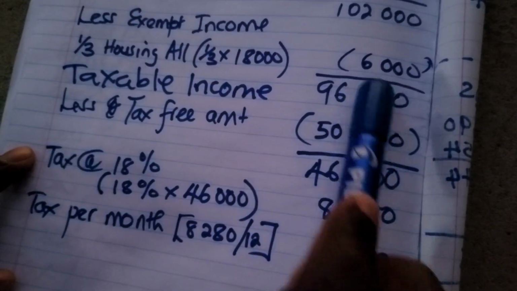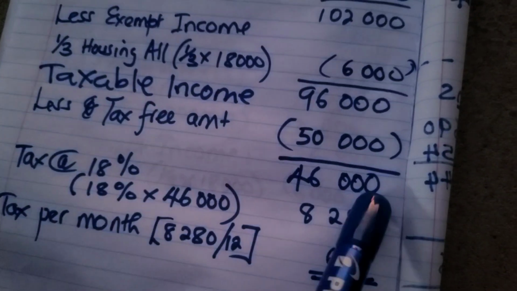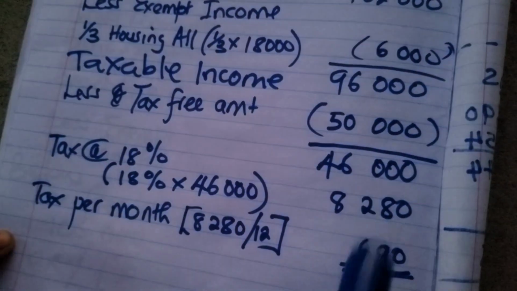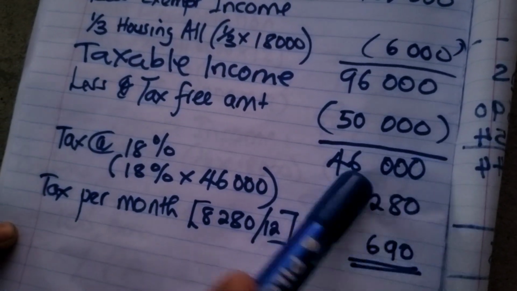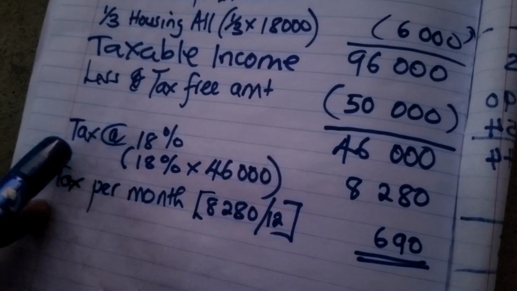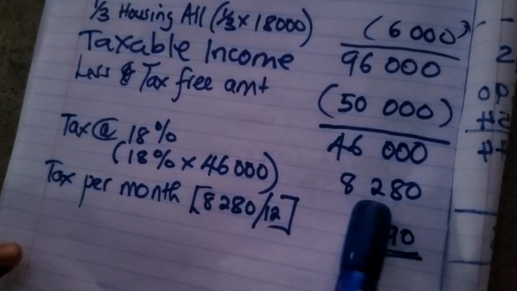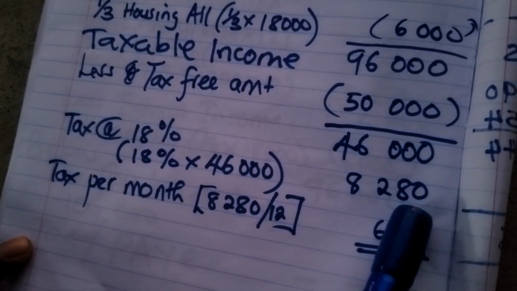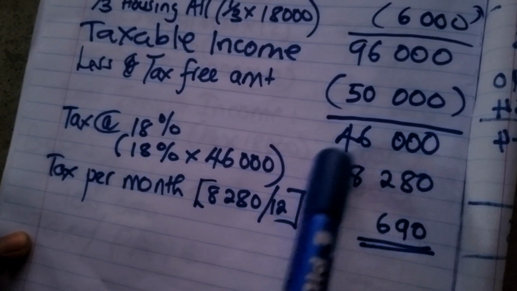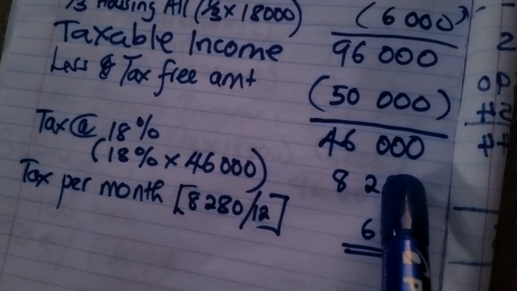So we remove the 50,000 from your 96,000, which is your taxable amount. We get what? 46,000. So it means Comrade Petrus should only be taxed on $46,000. And if you go to the old tax tables, it was taxed at 18%. So we say 18% of 46,000, we get $8,280 Namibian dollars. So this is the total pay as you earn that Comrade Petrus should have paid for the whole year, isn't it?